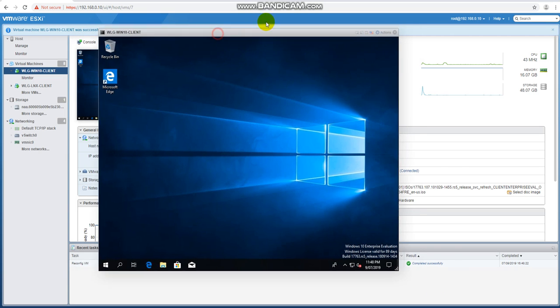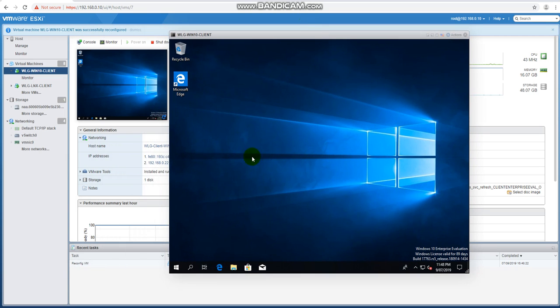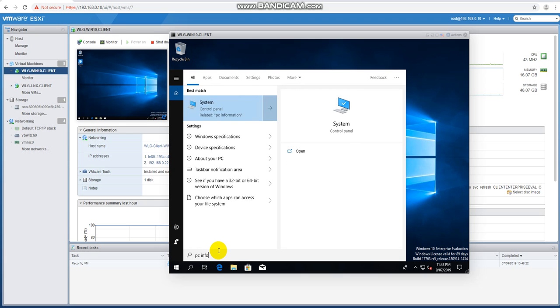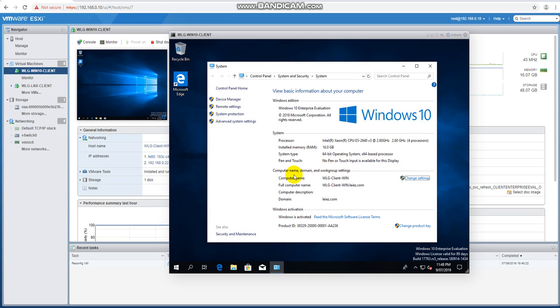So now we go into the Windows 10 client, and I'll show you how I named this computer. So go on to PC info, and as you can see here, I have already configured the settings of the computer name, of the client's name. So the computer name is Wellington Client Windows 10. The full computer name is Wellington Client Windows 10.laze.com. The domain I am connected to is laze.com, as you can see here, and I have configured these settings